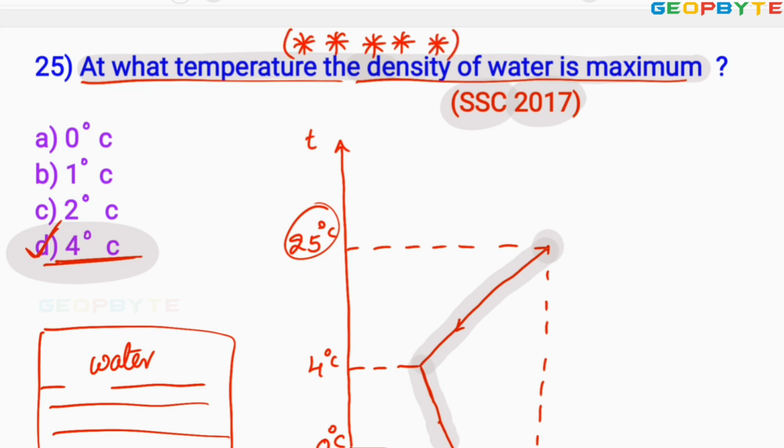With this problem, my dear friends, I am concluding this video. Since all these problems are equally important, it is better to practice each and every problem at least 2 times. While you are practicing, if you find any doubt, please send your doubt to GeoByte. Definitely, I will answer your doubts within 24 hours.